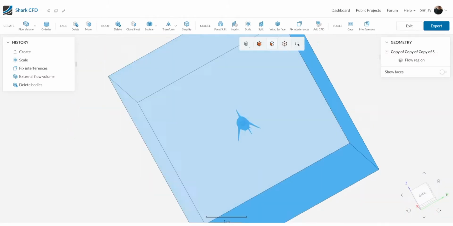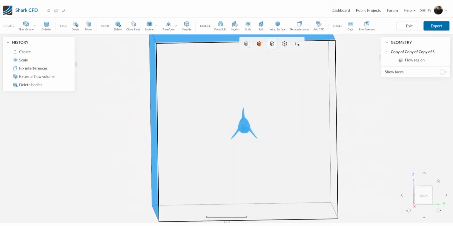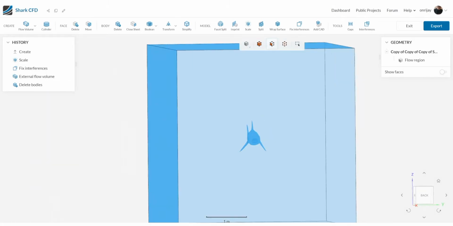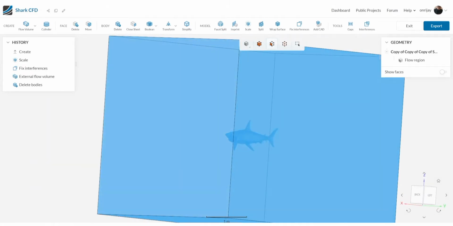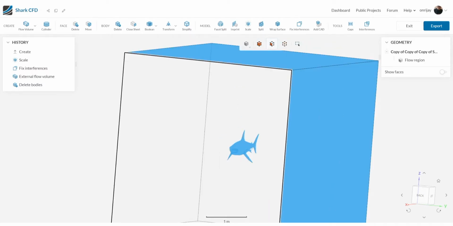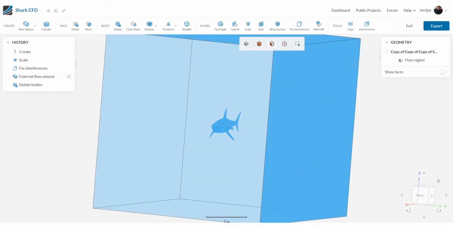section or a hollow region of this box, which will serve as a wall. So even though it is a hollow piece inside of here in the shape of a shark, the purpose of that is just to create a wall that is specifically shaped like the shark, and that wall is a boundary in itself, a type of boundary, so to speak, and that can be shown here, right here. So this external flow volume, it comes from this